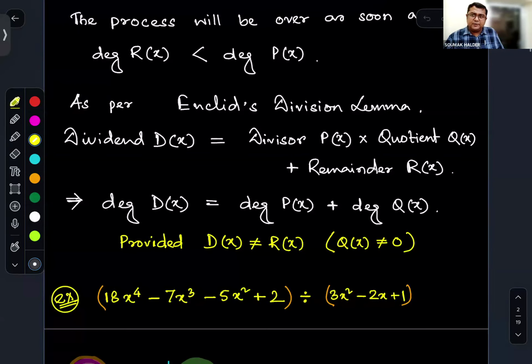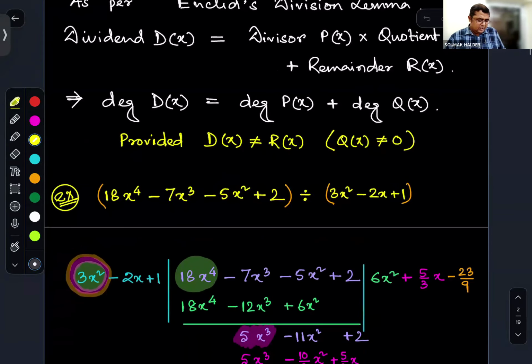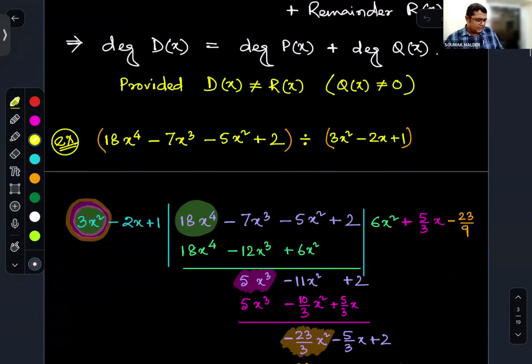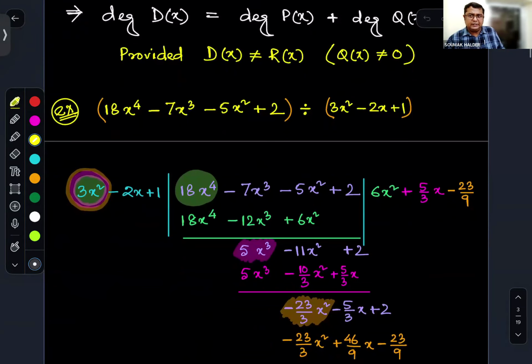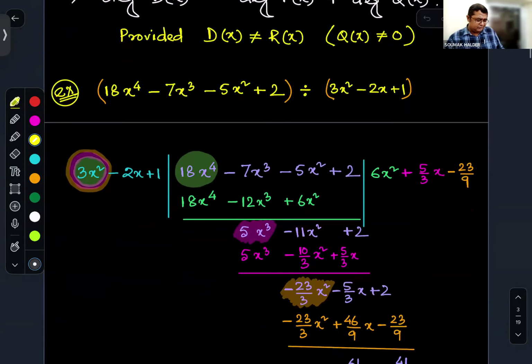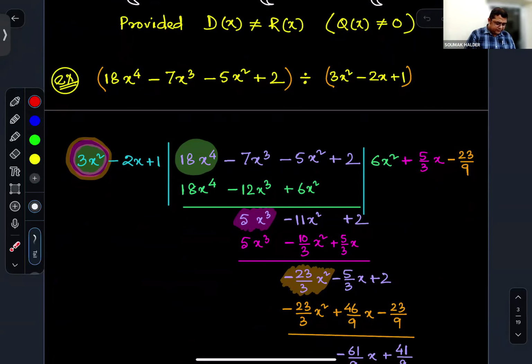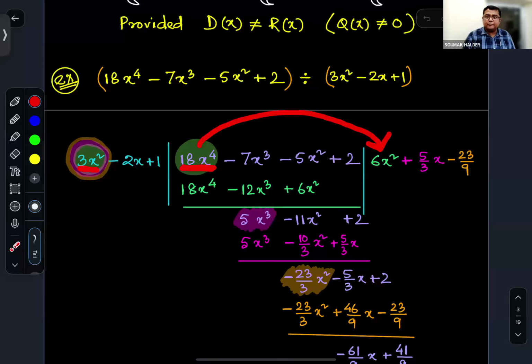So সবাই ডিভিশনটা পারফর্ম করেছো? আমি একবার স্টেপস গুলো রেকটিফাই করে নিই, যদি কারোর ম্যাচ না করে তাহলে রেকটিফাই করে নেবে, না হলে জাস্ট ম্যাচ করিয়ে নেবে। ওকে, সো আমরা যখন ডিভিশন প্রসেসটা শুরু করছি, আমাদের প্রাইমারি টার্গেট থাকছে কি, যে 3x স্কয়ার দিয়ে 18x টু দি পাওয়ার 4 কে ডিভাইড করব। As a result, first term of quotient been